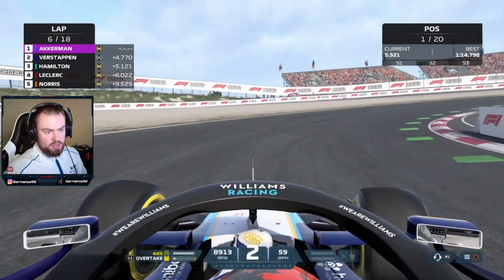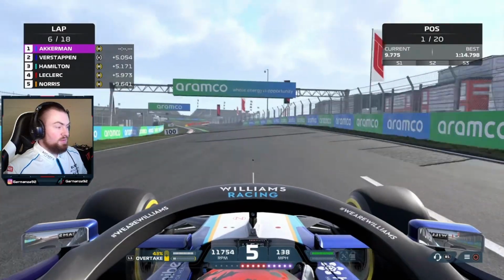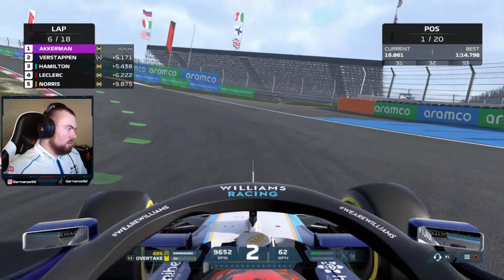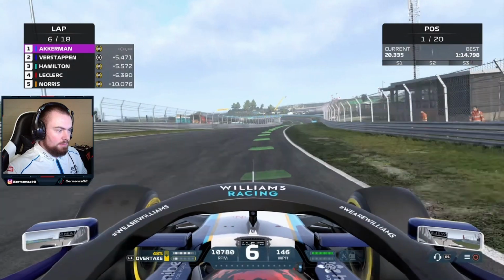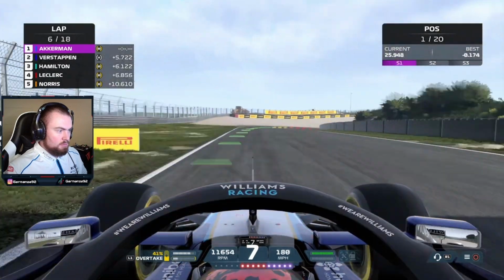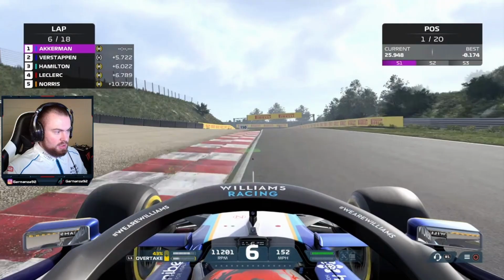Oh, we're going to go wide into turn 1. I was more interested in what lap time I did. It was 1:15, so it wasn't anything to rave about, but... Right, we are 5 seconds in front of Max Verstappen already. No idea where this pace has come from, but it is here. We are, I'm pretty sure, on the harder difficulty as well, so...